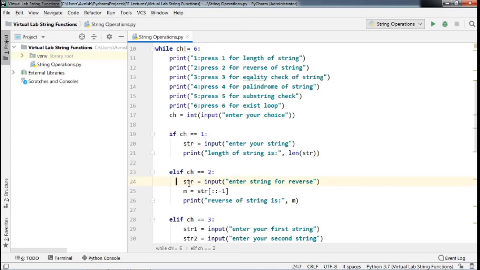We already discussed this in our theory lecture. In this case, we will accept one string to make the reverse of the string, and that string will be stored in the str variable. We will take one temporary variable m, and in that variable we will make the reverse of that string.